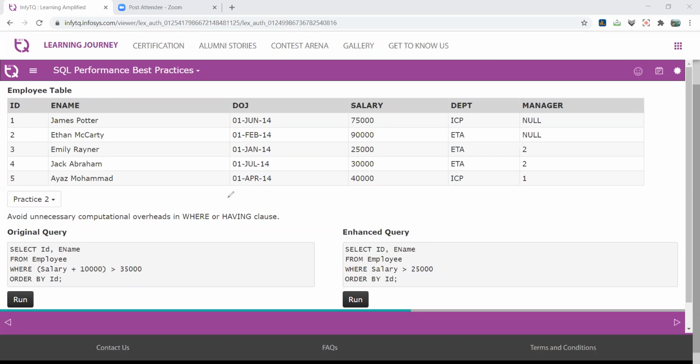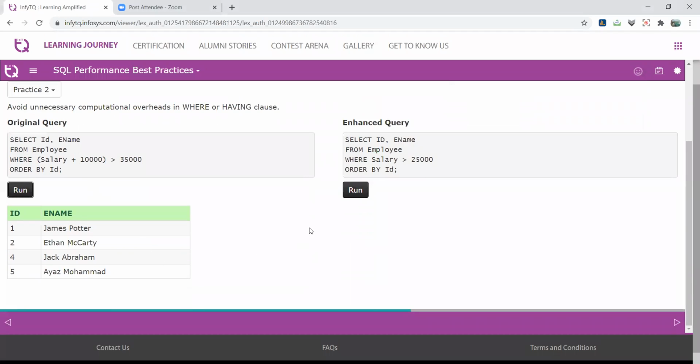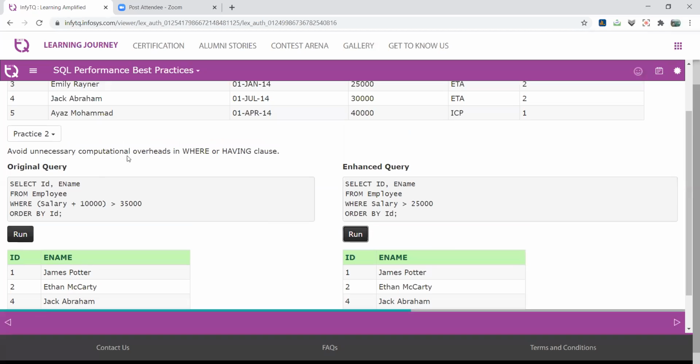So this is an important thing. Okay, now we run this query and check the performance of the query. It takes a little bit of time. Now this query is much faster than the previous one because the operations are minimal, not the comparisons. Clear? In the first query, the salary is first added with 10,000 and then the condition is checked. But in the second query, we directly check the condition. So the second query is obviously more suitable than the previous one, right? That is another concept for optimization or best practices of SQL queries.